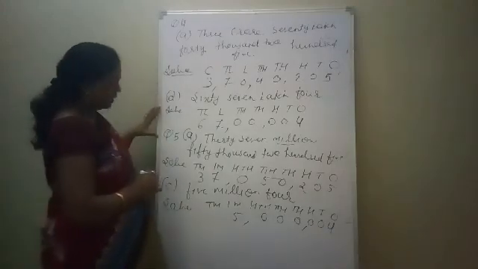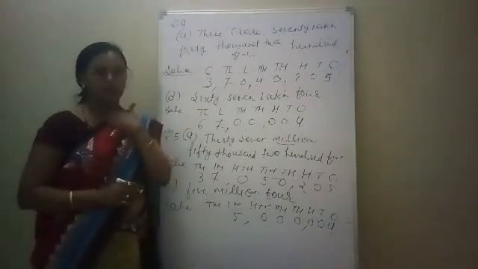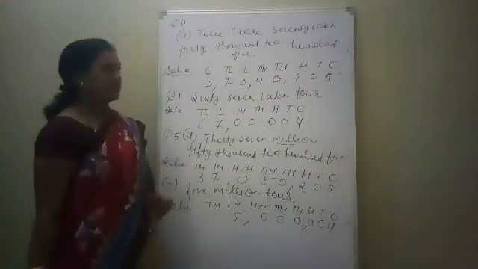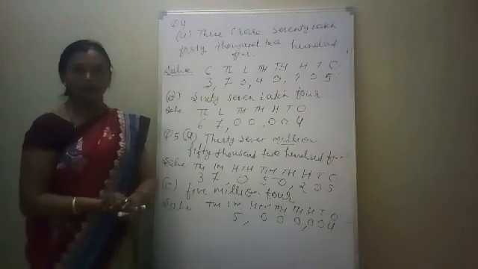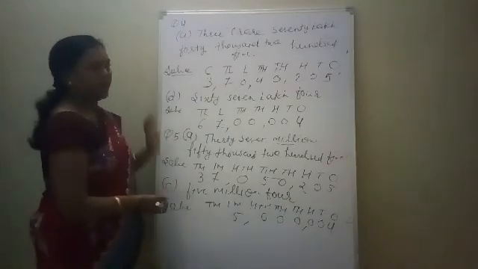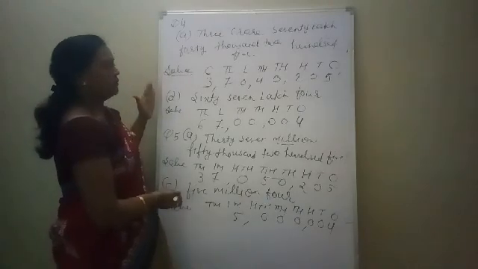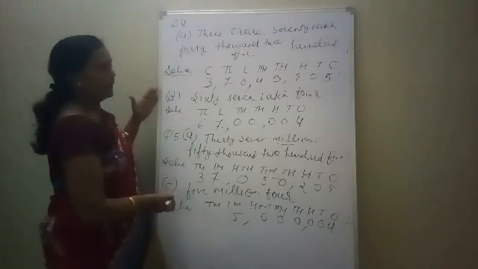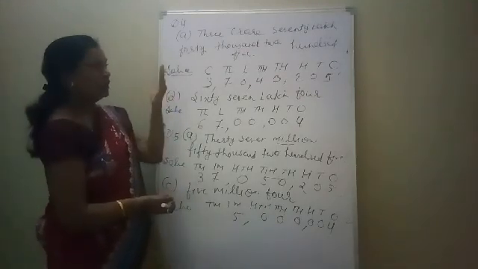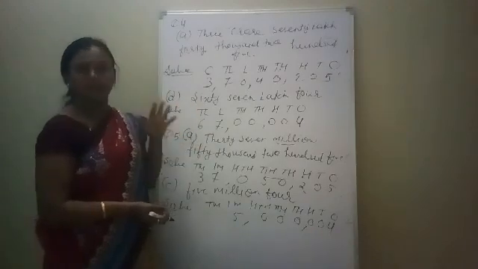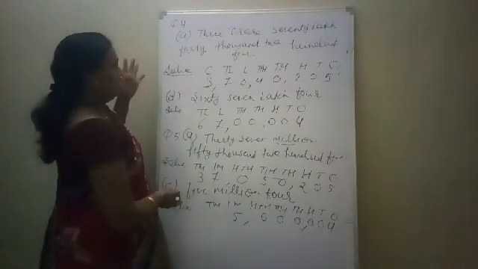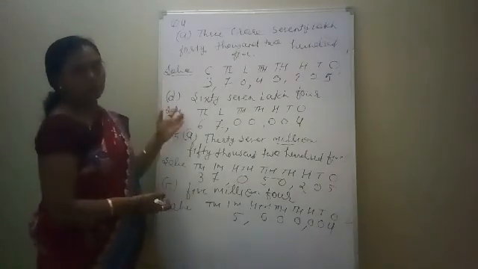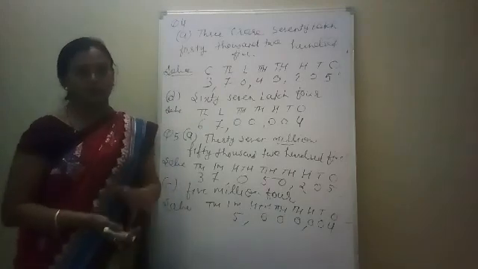I hope you will understand about exercise number 1.2, and in the next video I am going to explain exercise numbers 1.3 and 1.4. I hope it is clear to you how we can use the Indian and international place value charts to read and write numbers and number names, and also convert number names into numbers. Study well and try to do all the questions one more time in your copies.